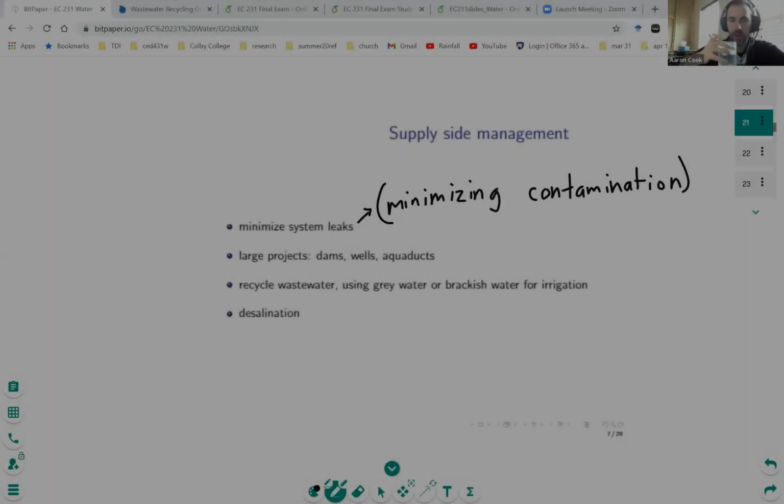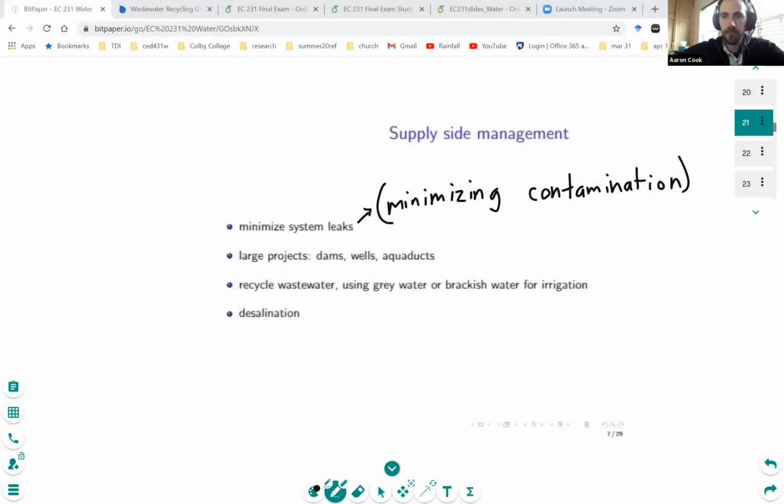All right, so this is kind of where I left off on Friday. Just thinking about two different kinds of water management. Supply side water management, which involves things like increasing the efficiency of your piping system, minimizing leaks, also making sure